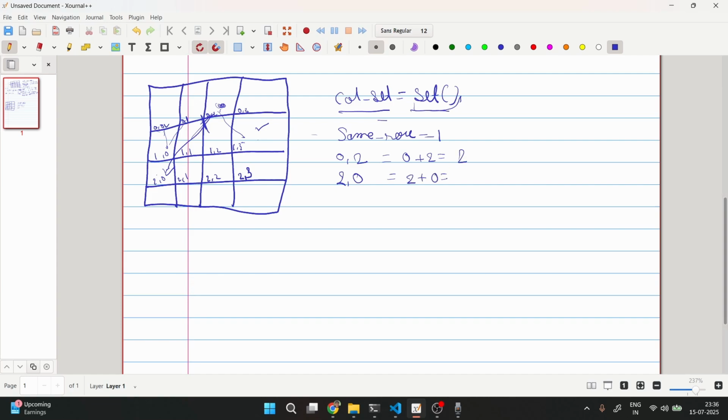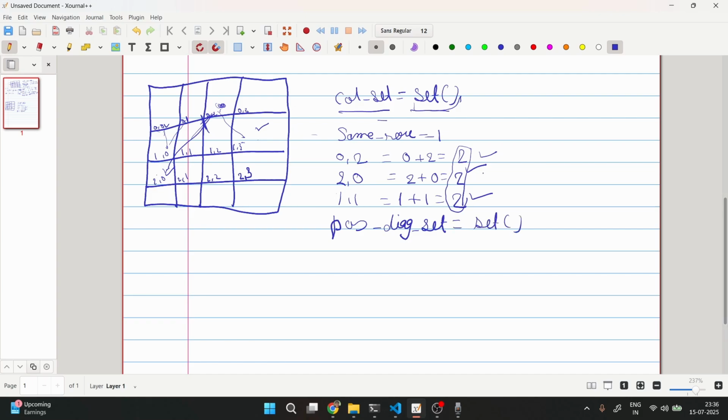It is giving 2 and this is giving 2, which is the same value. So maybe there is a pattern somewhere. Let's try this for 1 and 1. If we add these values, it's also going to return 2. So you see there is a pattern. If we add the value of row and column and they're the same, it forms a diagonal, right? So what we can do is maybe have another set, a positive diagonal set,